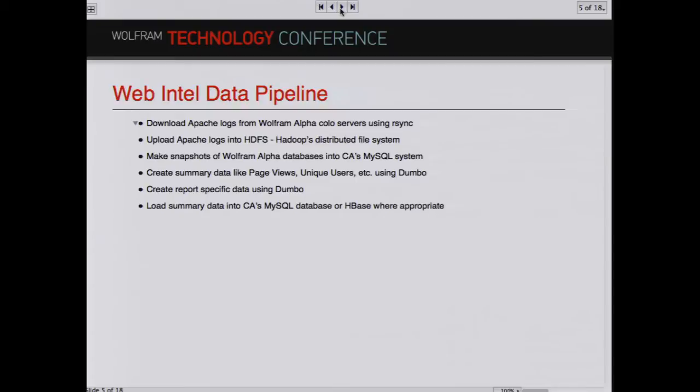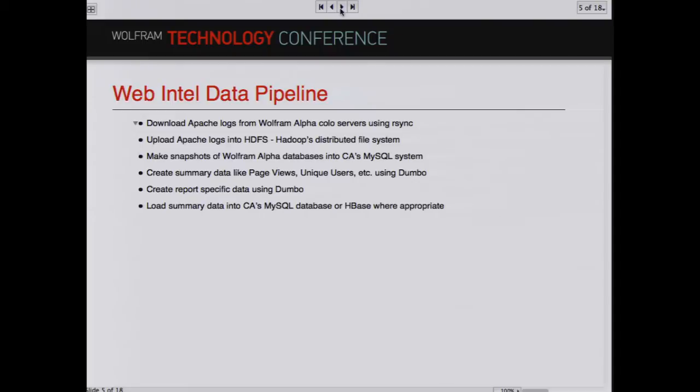In business intelligence, we typically have what's called a data pipeline. The data pipeline is basically the process that brings everything together. Ultimately, in order to do analytics, your data needs to be in a single location.